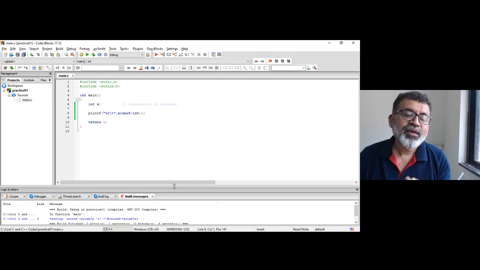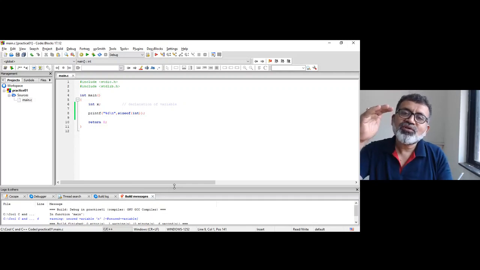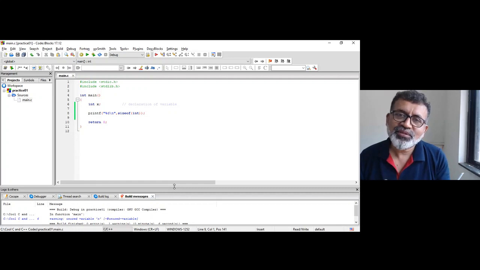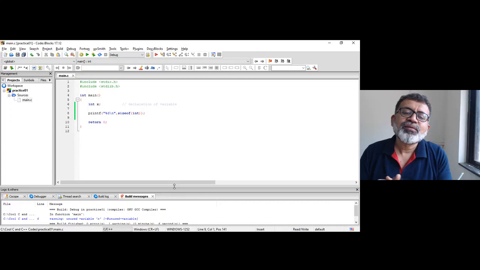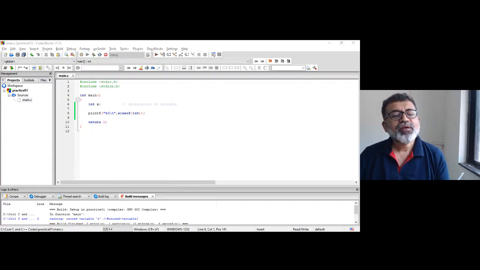This is necessary. Why? Because when you are going to write big programs, 100 lines of code, 500 lines of code, at that time we declare variables. Many times you declare variables and you do not use them throughout the program. So that warning is very important. Unnecessarily there should not be variables. If you are going to declare, you should use it. Okay, so if I run this program,